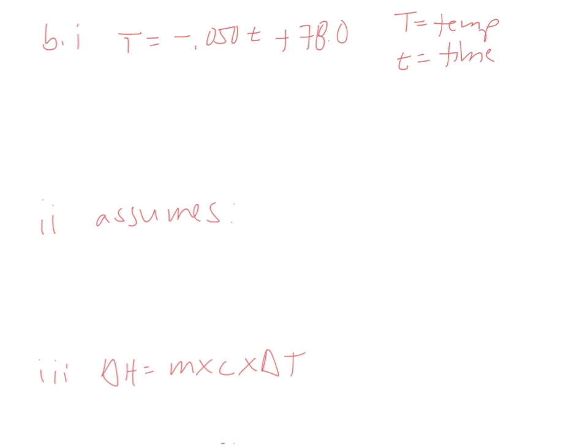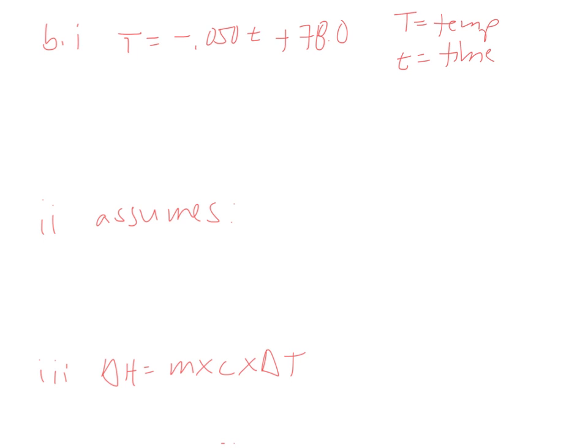In part B1, you're asked to calculate what the maximum temperature would be based on the line they extrapolated, and they give you the equation for the line: T, capital T, your temp, is equal to negative 0.050, that's your slope, and it's pretty insignificant, times little t, your time, plus 78. So if we take a look at this, this is what a lot of you did in our Hess's Law